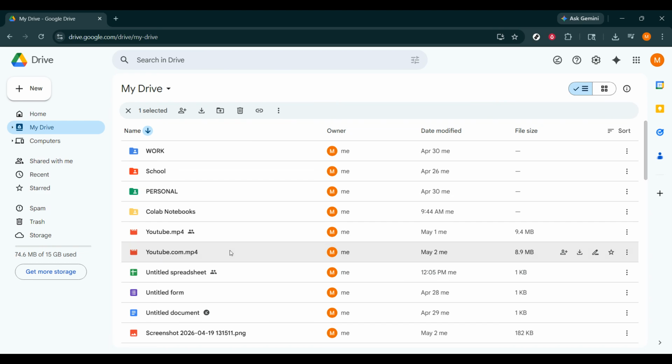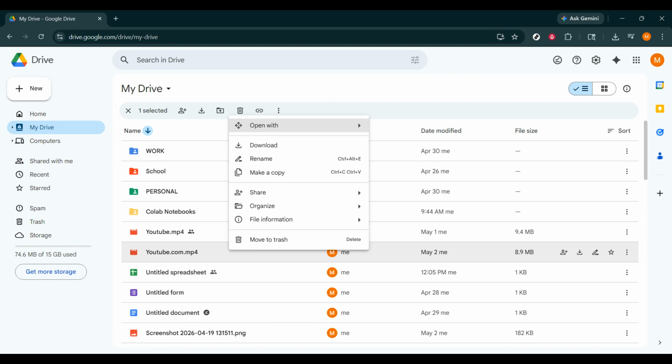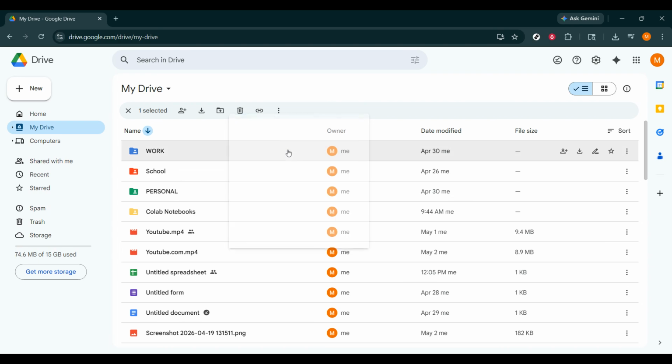Now, right-click on the video file. This opens a menu with several options for managing your file. From that menu, click Download. As soon as you click it, Google Drive will begin preparing the file and your browser will start downloading it